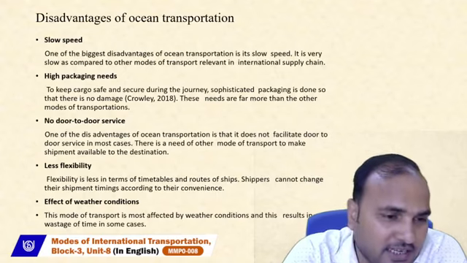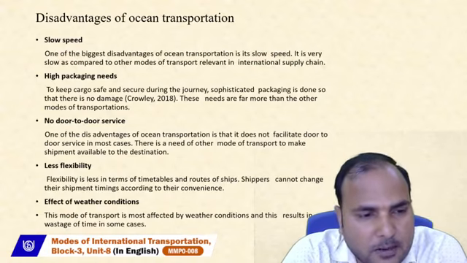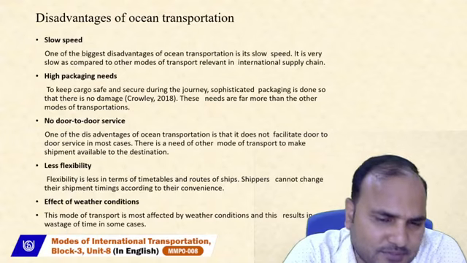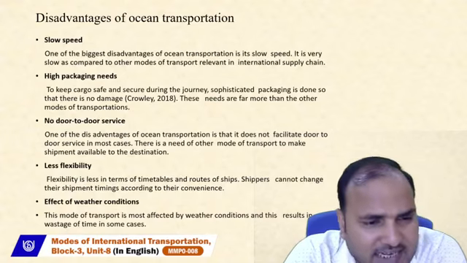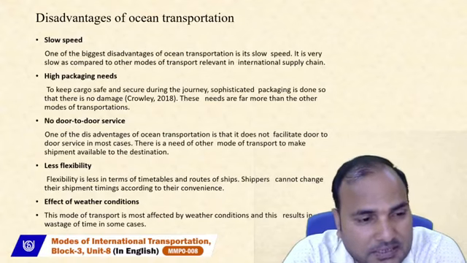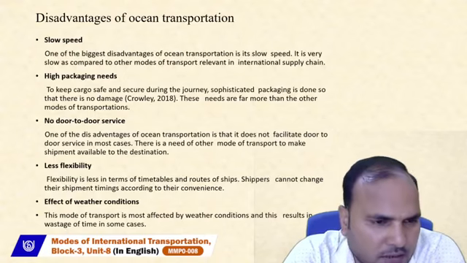Next disadvantage is less flexibility. Flexibility is very low in terms of timetables and routes of ships. Shippers cannot change their shipment timing according to their convenience. The time is fixed. The route is fixed.